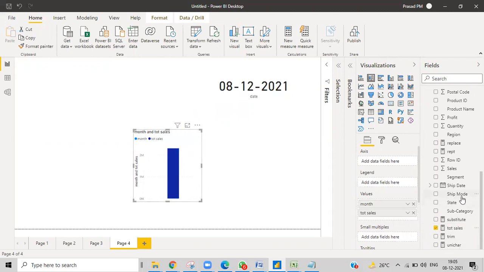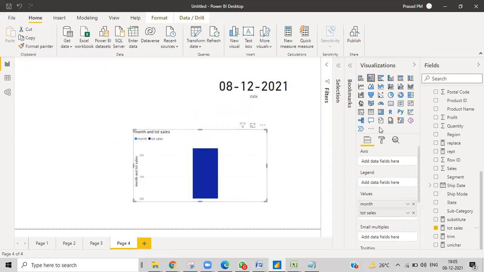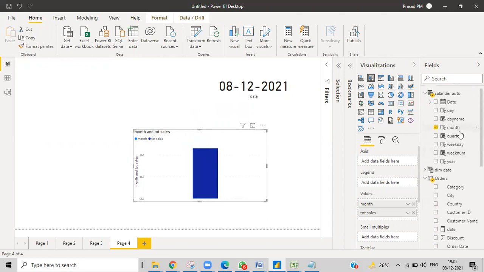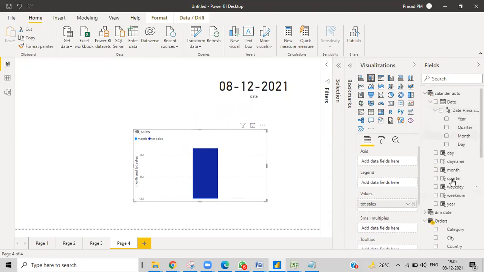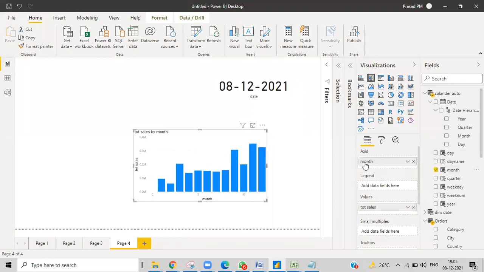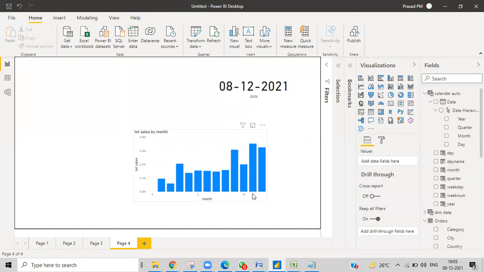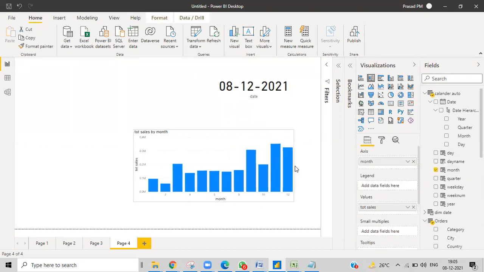So why didn't I get that exactly? When month of that particular, okay, month number. Okay, I'll just take it from here. Okay, so we'll have a hierarchy rather than taking this. So it should not be this way. It should be like, if I take that in axis, then we'll have, okay, the month should be taken in axis, and the values need to be the total sales or whatever it needs to be taken in the values. So this will create an axis. Okay, in the axis you'll have 12 months.